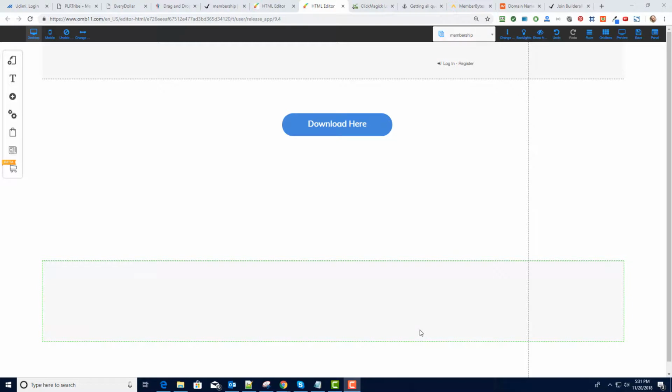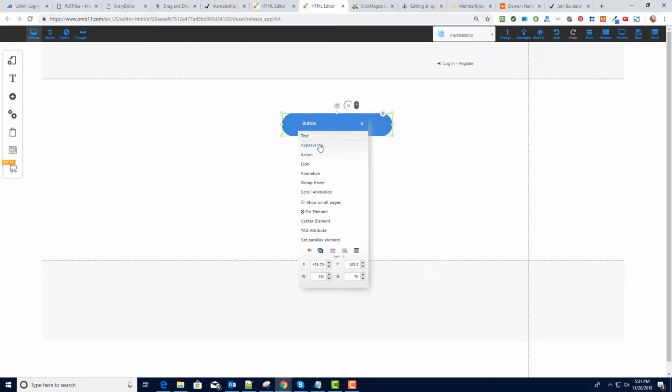I found out about Builderall, just a little hiccup and a way that I worked my way around it. So anyway, I've got this membership site, and I want to deliver a zipped file through this membership site after somebody pays for it, and I want to do all that I can to keep people from trying to steal my zip file. So what I did is I created a button here, and I'm going to go to actions